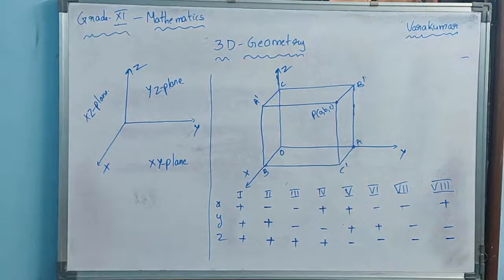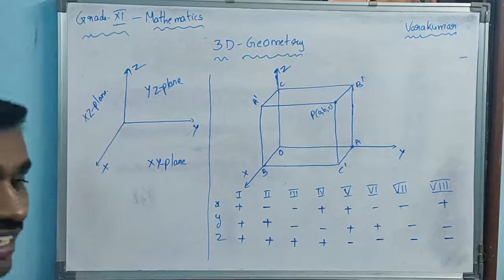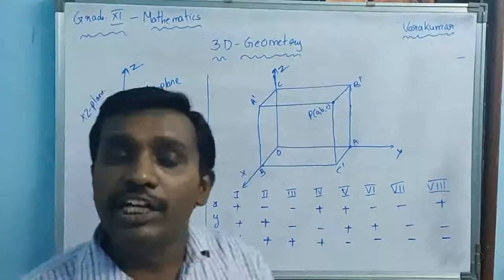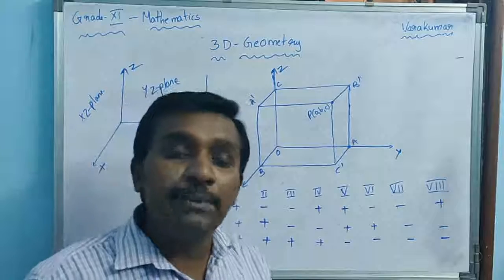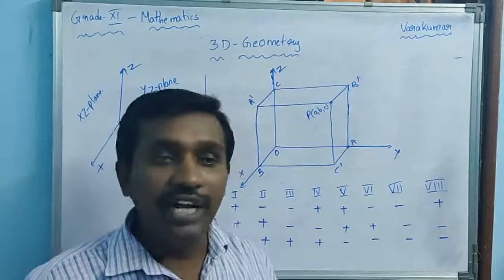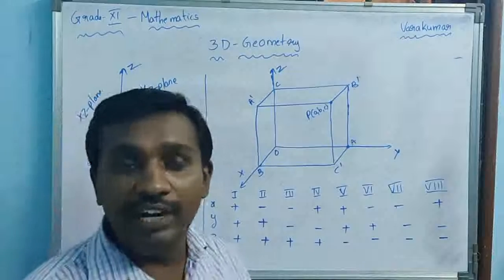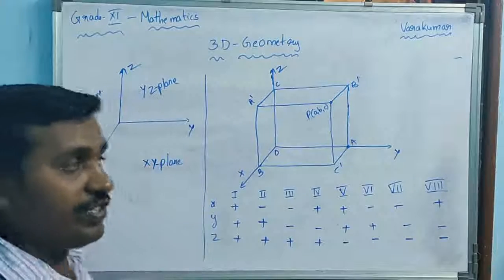Right. You all have seen the video, right? In the video, you have learned how the XYZ axes divide space into 8 parts. Those 8 parts are called octants. Okay, we have learned it, and also how OXYZ, so differently we have learned it. Let me brief a few things on that.